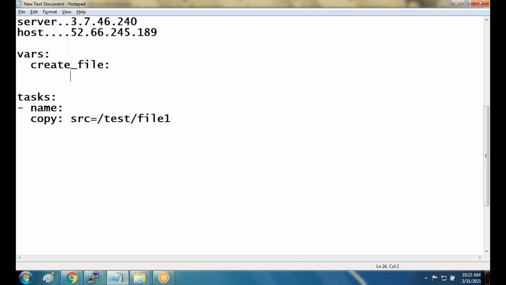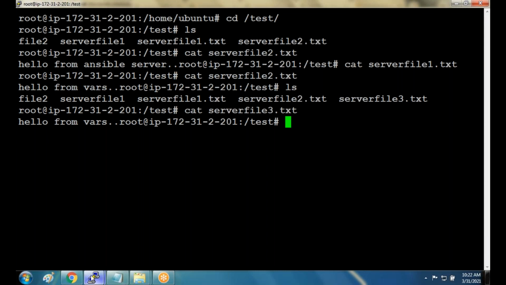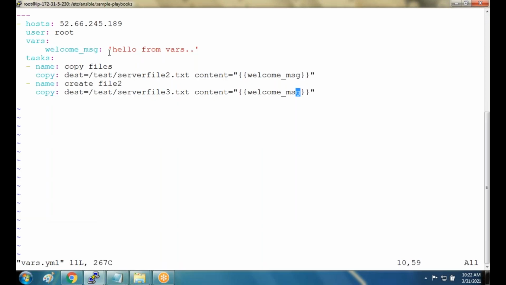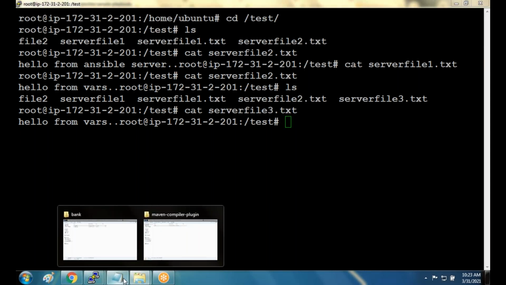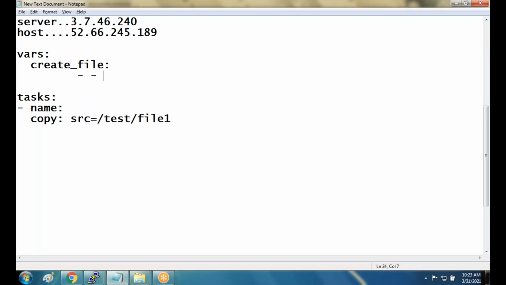So what is my variable name? Create file is a variable name. For that, I'm going to provide multiple values now. In the previous example, how many values did it have? It had only one value. But now my variable will have multiple values. Can we have multiple values for a variable? Yes, we can. So how do we do that? What is the syntax? In the next line,